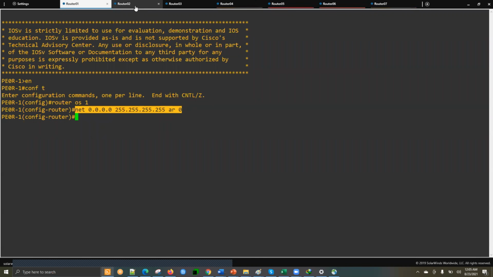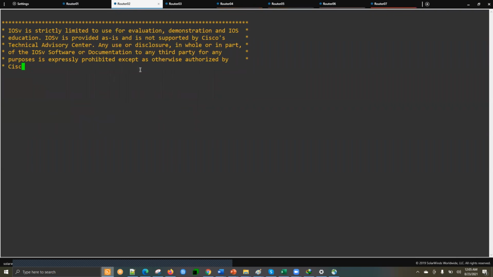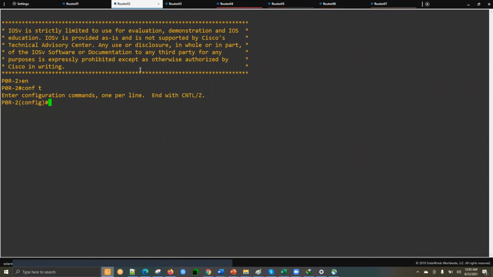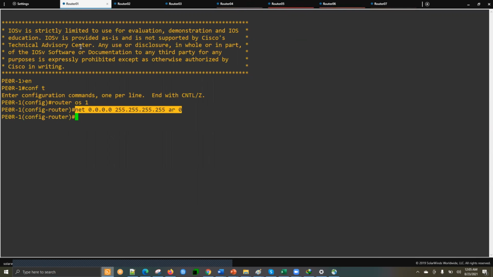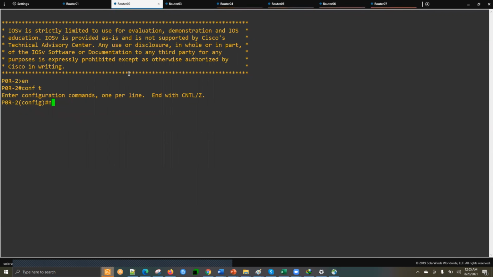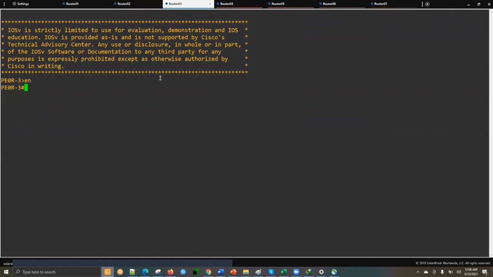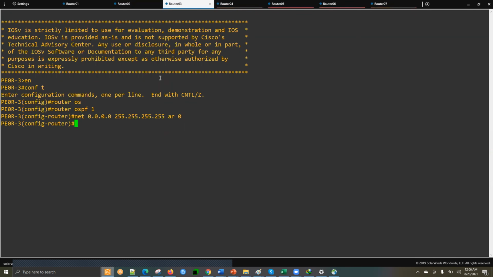So this is my configuration on one of the routers, that is the PE. Then we'll go to the provider router. Oops. And I should configure OSPF and then the network configuration. And then I'll go to R3, that is the other PE. And here also we can do the configuration related to OSPF. So OSPF 1 and the network statement. Now once we have this IGP running,